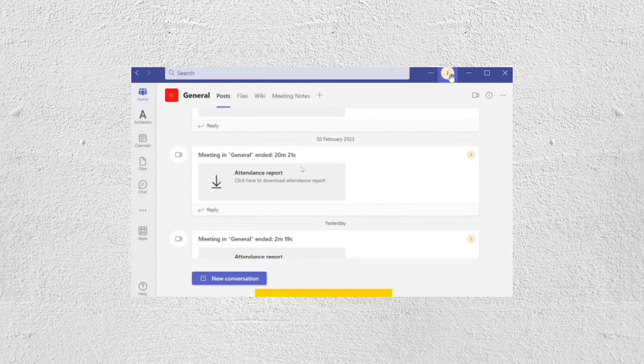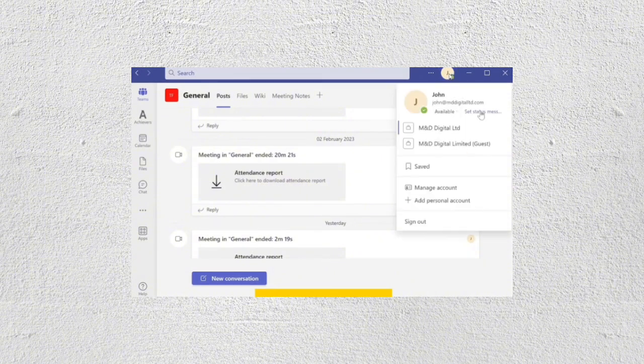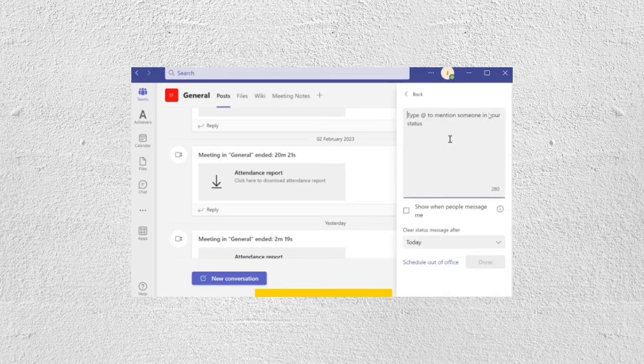To start, just open the web or desktop version of Microsoft Teams and then click on your profile image at the top right. Then click on Set Status Message in the drop down menu and enter a message to let your colleagues know that you're online. After that, check the box next to the show